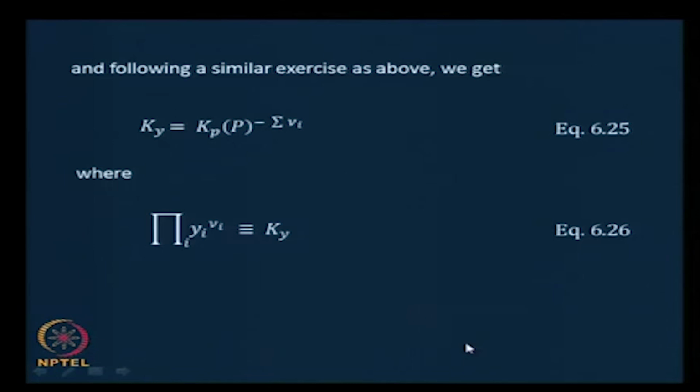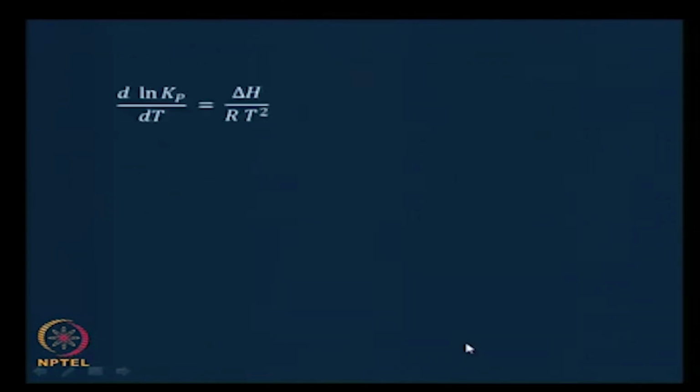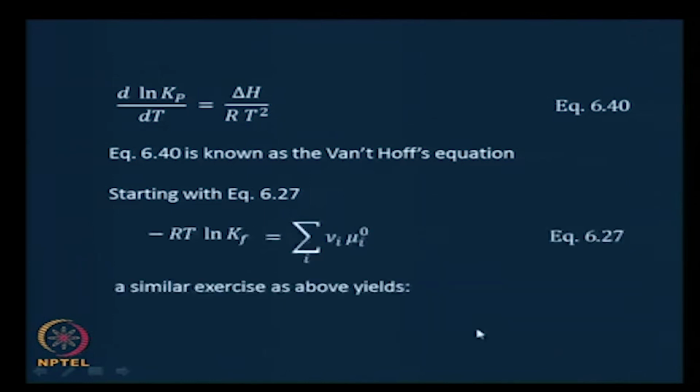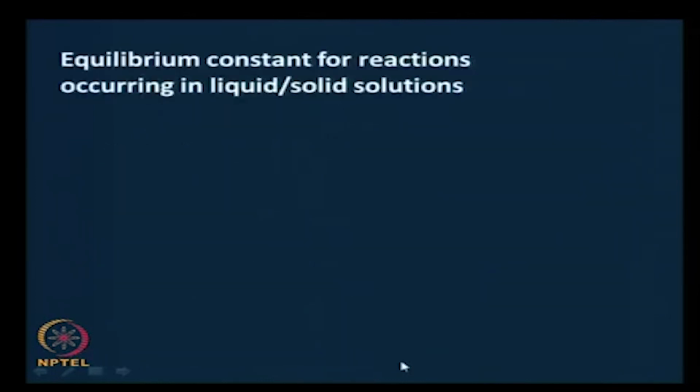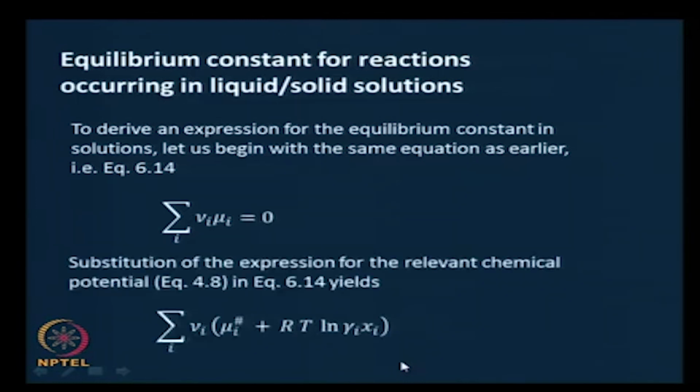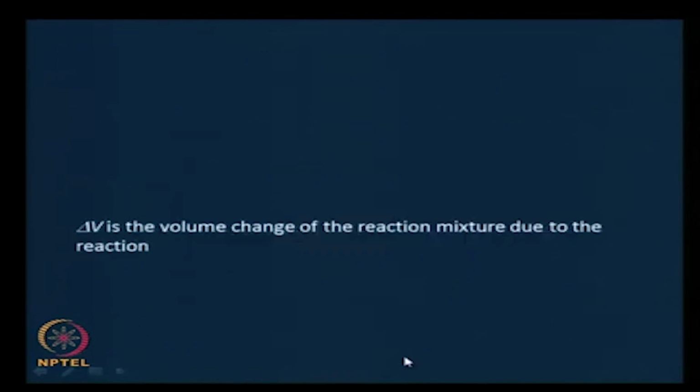and we also wrote the relationships between the various variables, and this was the temperature dependence of Kp as delta H by RT squared, it is the van't Hoff equation, and we could also do that for Kf, which is the equilibrium constant in terms of fugacities. And then we saw the equilibrium constant for reactions occurring in liquid and solid solutions too,